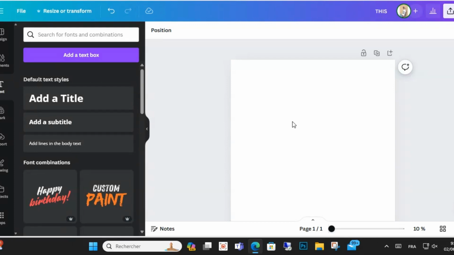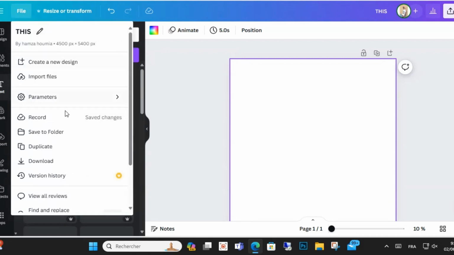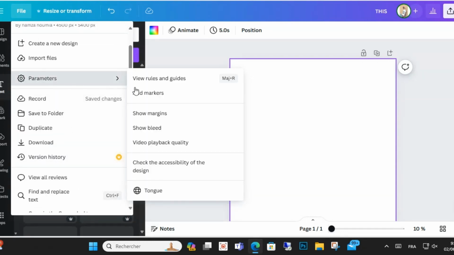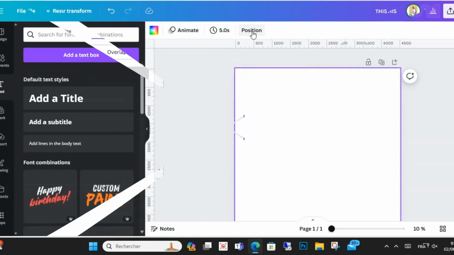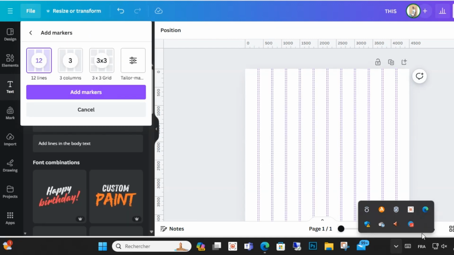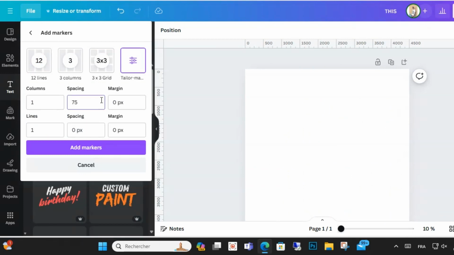First step is open Canva on your device, Google, and go to file, and after go to file, click on settings. After clicking settings, choose add guides and guides and select custom, and after selecting custom input this number and click input in this number, one gap 0 margin 1 inch. After that, click add guide, and